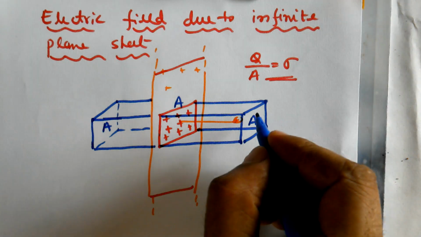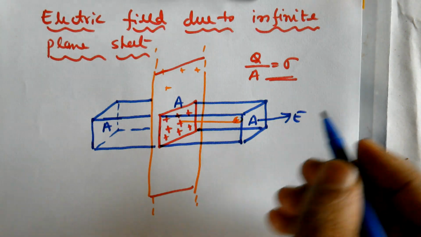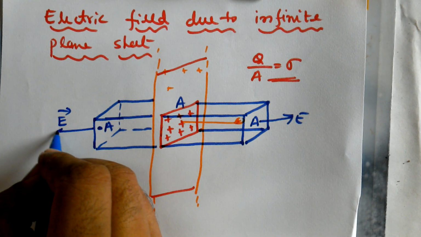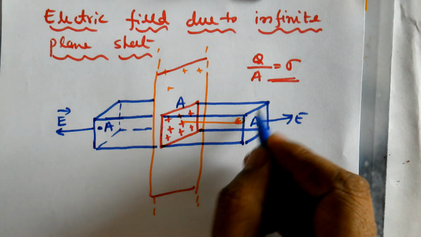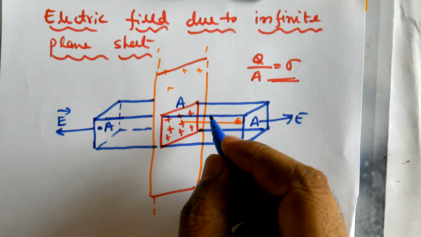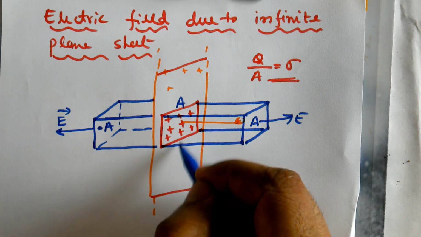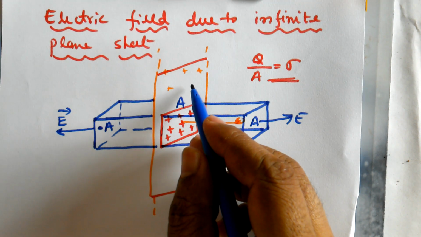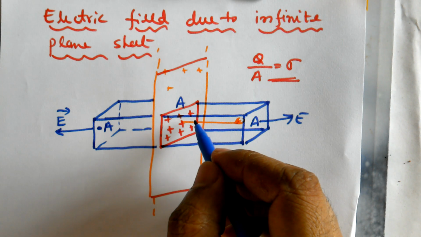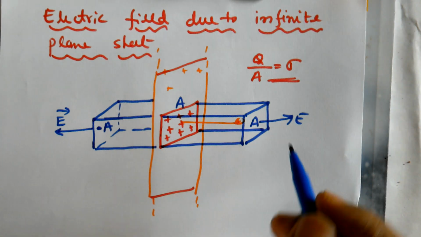How should the electric field lines be at this face? Electric field lines should be like this, and here also like this, normal to the surface area. Due to this charge, do you get the correct expression? When you consider only area A of this very long infinite sheet, which contains a large amount of charge, yes, we get the same answer, and this area and charge won't come into the formula at all. So now, how to continue this?